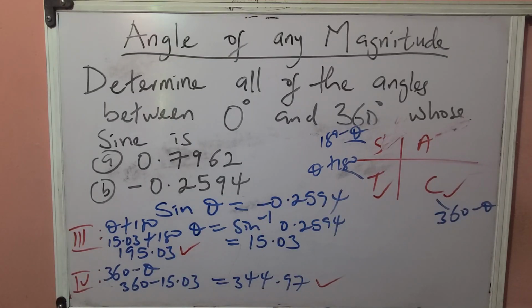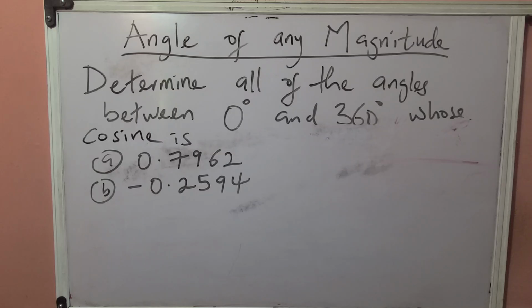So let's try and solve probably one other question so that we can get more familiar with this topic. All right, very quickly, what I try to do here is we are solving the same question, but we're just going to be finding the cosine in this particular question. So we're going to find the angle between 0 and 360 whose cosine now